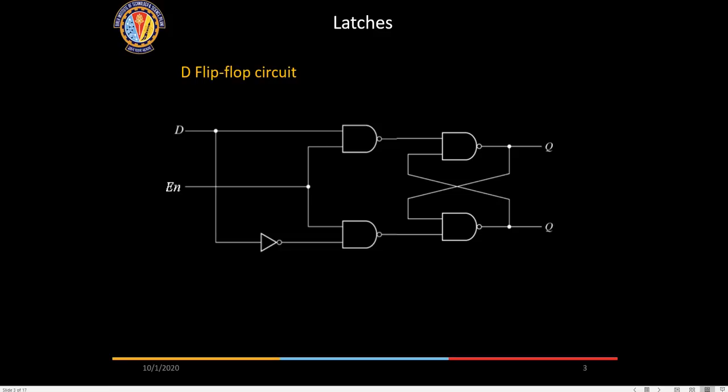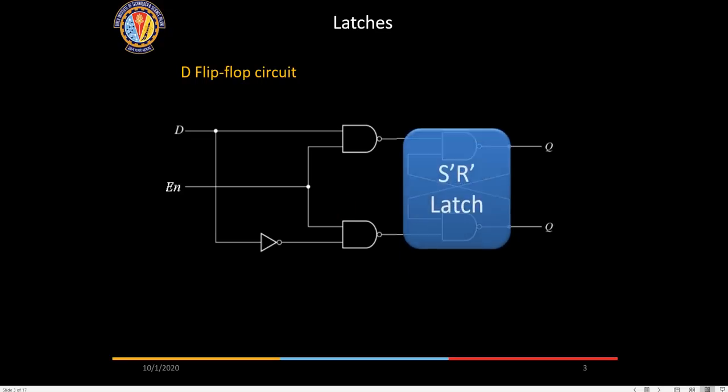What is D input? What is a D flip-flop? D stands for data. So whatever is the data gets reflected as it is at the output. So whenever we want to write a data, we have to enable it. That's all. Write a data into this memory cell. So enable is to be put high, and the data is to be placed there. It gets written into the cell, and then the write signal goes off. Enable, you might call it, is the write signal. When it goes off, whatever data was written will be retained here.